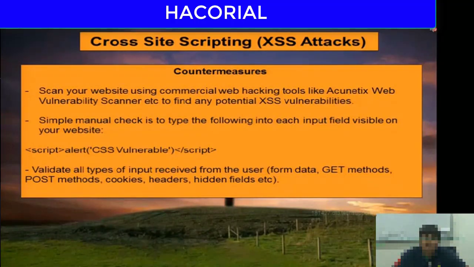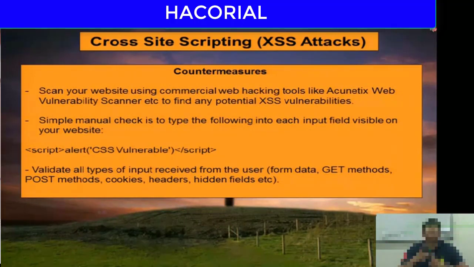For example, whenever there's an input field in your website or any other website, try typing the following code and pressing enter or the submit button, and see what happens. If you get a pop-up that says XSS vulnerable, that means it is vulnerable to cross-site scripting. If you do not see that pop-up, if you see anything else, that means it is not vulnerable to cross-site